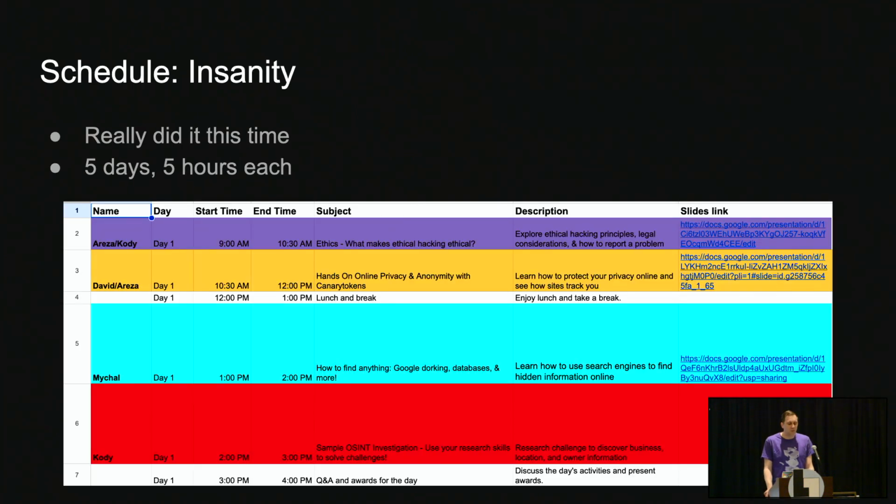So our schedule was crazy. We had a lot of stuff scheduled for every single day. We did 5 days, 5 hours of instruction each with a little break, and we were competing with Cookie Clicker. We had the age of students where the second that we stopped instructing them, they popped open this Cookie Clicker mobile game and went crazy. And that was a big problem. We really struggled to keep their attention. So I'll talk about the ways that we managed to get it back,